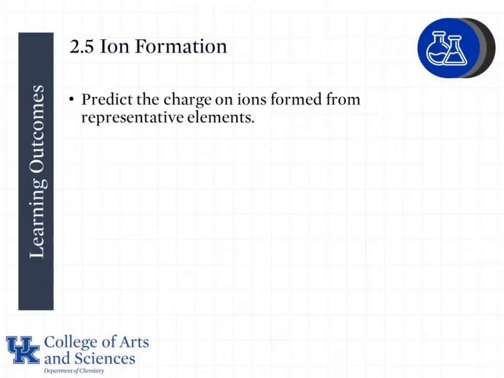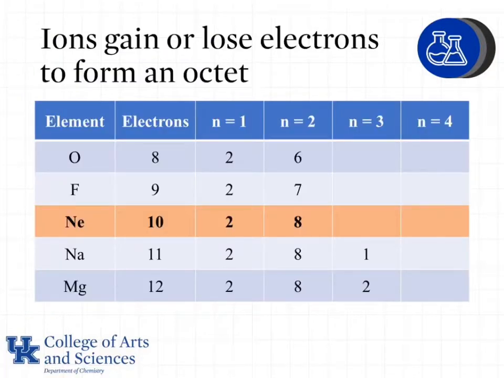In this lesson, we're going to continue to look at ions, and we're going to learn how to predict the charges on ions formed from the representative elements. As we've seen before, neon as a noble gas has stability associated with it. Ions are going to gain or lose electrons to form an octet that gives them a stability similar to that